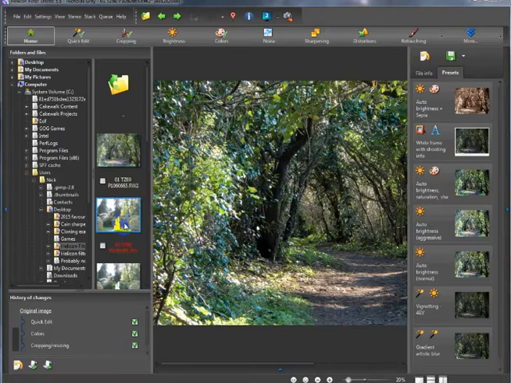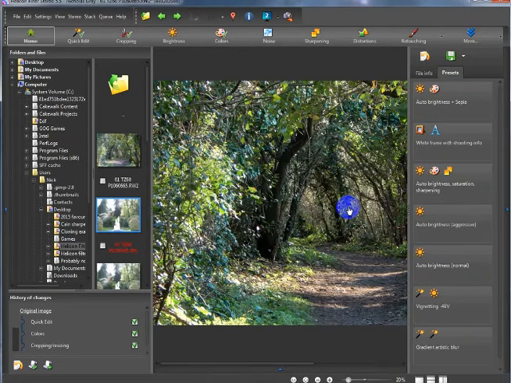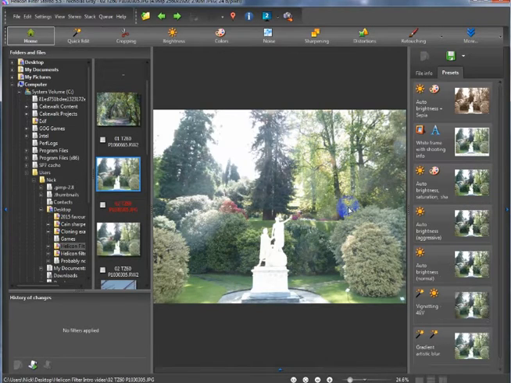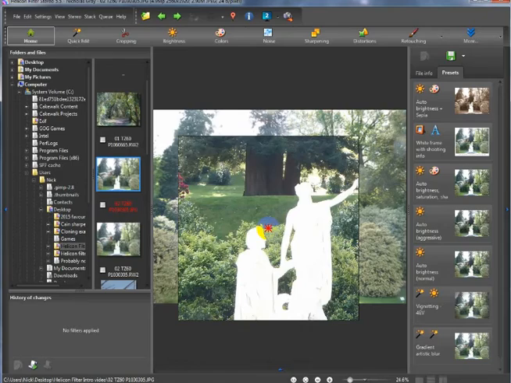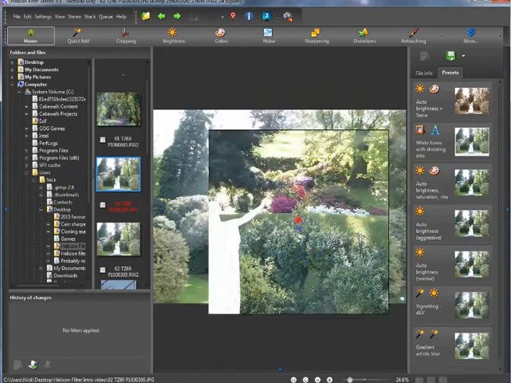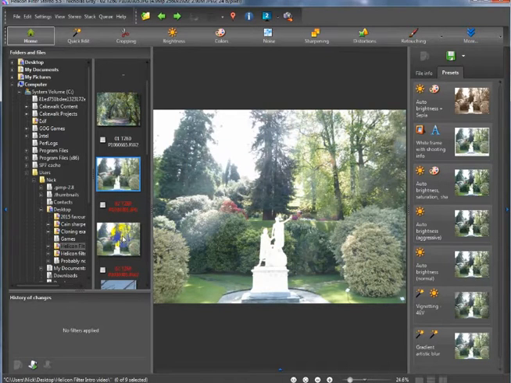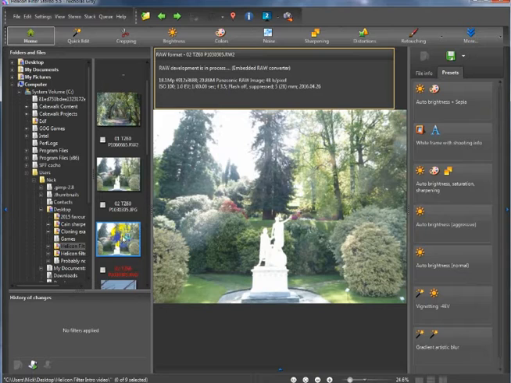Let's look at the next image. Oh, and it's asking me whether I want to save what I've done because I'm moving on to another image. The answer is no, thank you. Here we have a JPEG, and if we take a close look at it, notice by the way that if I click the mouse anywhere on here, I can take a close look at what's underneath. That is well overexposed. I'm now going to open the paired raw file for this,